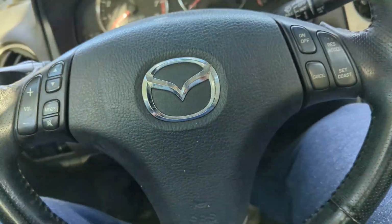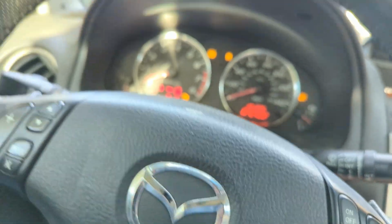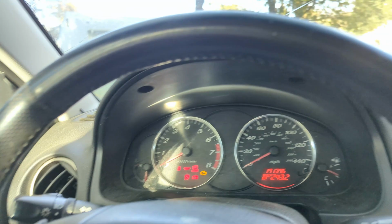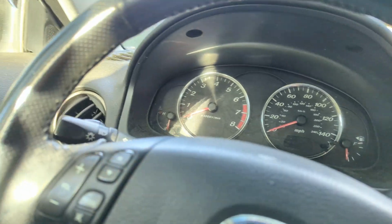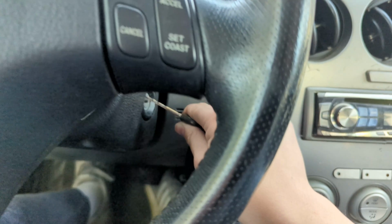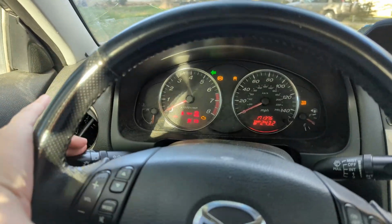This came with 2 keys. Yeah, it does not smell good in here. Only one of the keys starts it, so let's see. Does this even turn the key? Oh, wow. You know what? I think they both start the car. This is the other one, the Mazda key. Yeah, they both start the car. Huh, go figure. Now, I am curious. With the beeping...